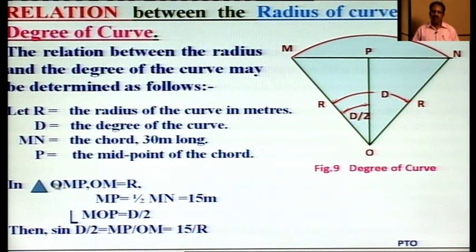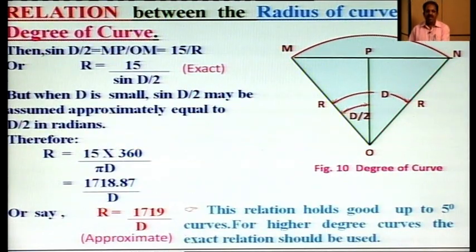So, in triangle OMP, OM is equal to r and MP, half of MN, is equal to 15 meters. So, sin d/2 becomes 15/r, and we develop r is equal to 15 / sin(d/2). So, this is the relation, but where d is small, sin d/2 may be taken as approximately d/2, and r will be approximately equal to